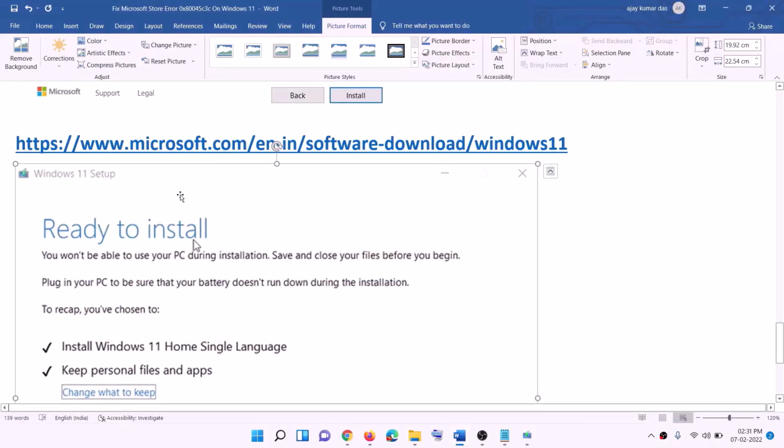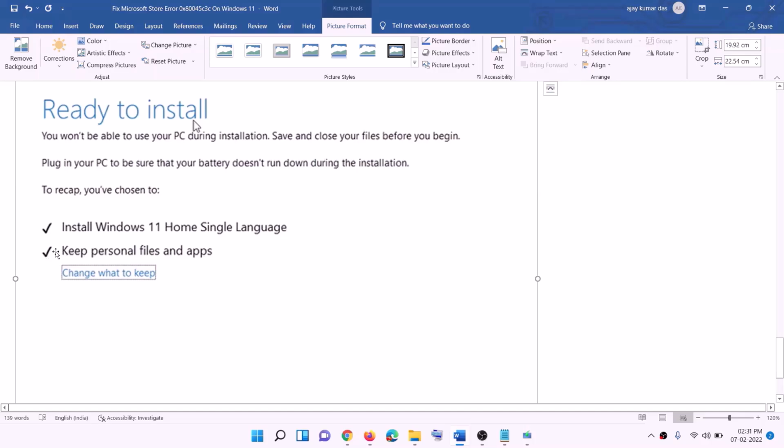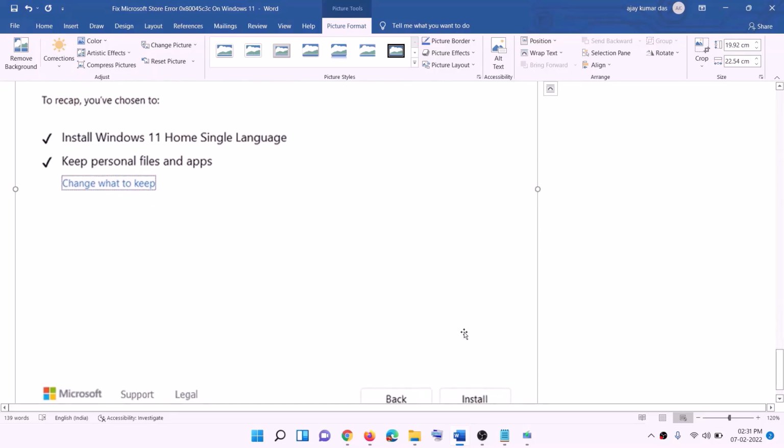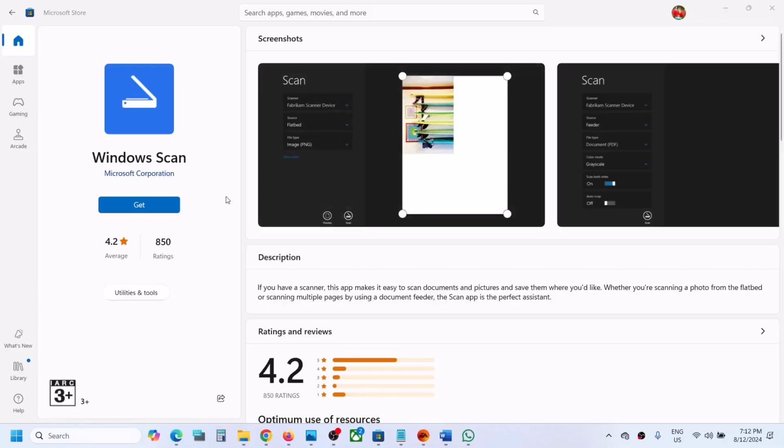Now before the installation, you will see the screen which says ready to install, and by default the option to keep personal files and app would be checked. When this is checked, you will not lose any data on the computer. Click on install. After the installation, log into your computer. So one of the steps shown in this video should help you to install Windows Scan successfully from Microsoft Store